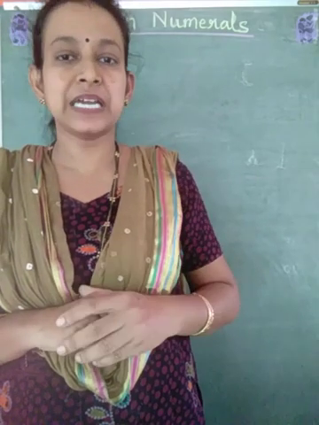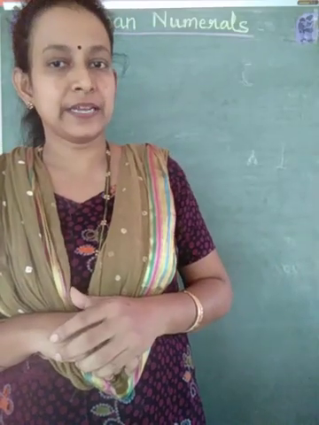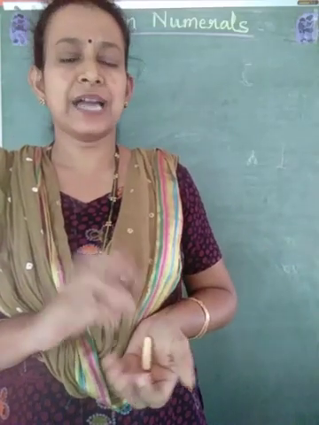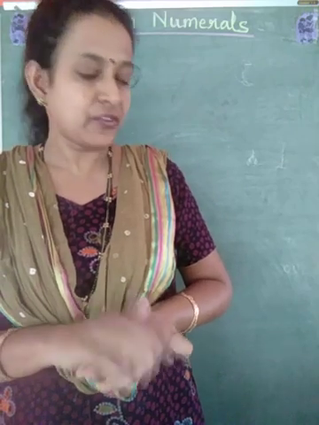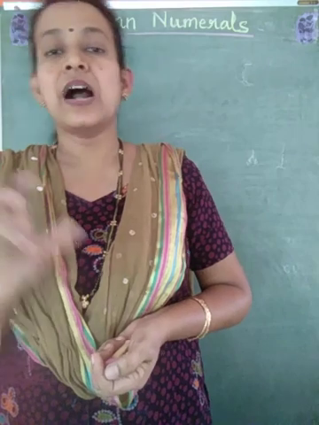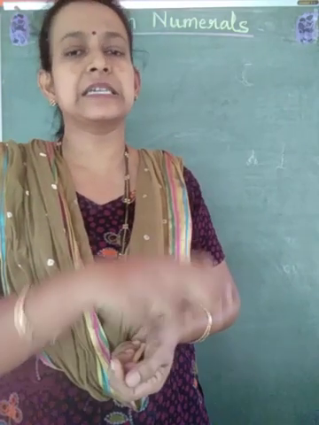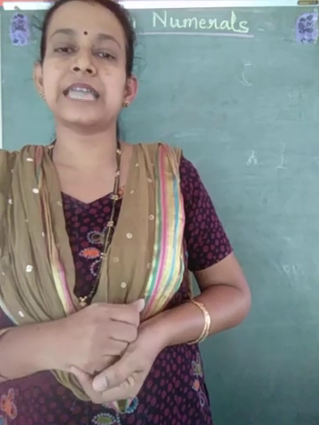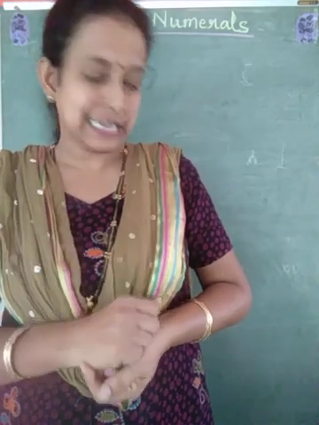So now let us begin how to write these numbers from 1 to 20. It is very easy, so you don't have to worry, it is not very difficult for you to understand. Fine. You have already learned from 1 to 5 how to write these Roman numerals. So it is very easy from 6 to 20. You will be able to grasp it very easily.